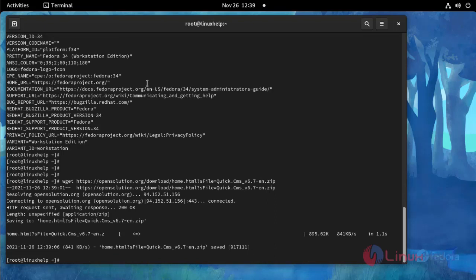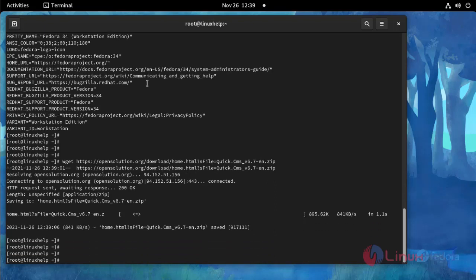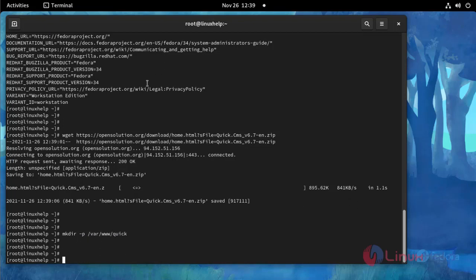Package is installed. Now I am going to make a directory. Use this command. Press enter, and then I am going to unzip the downloaded Quick CMS package. Mention here the directory name -d /var/www/quick. Press enter,